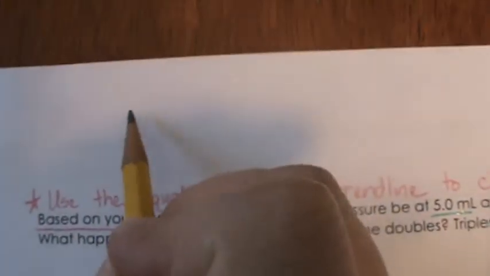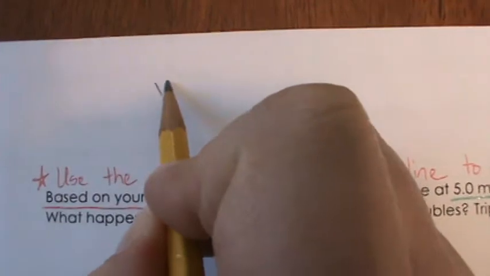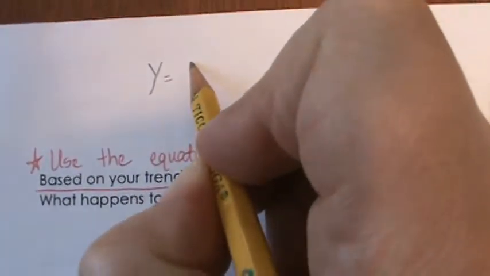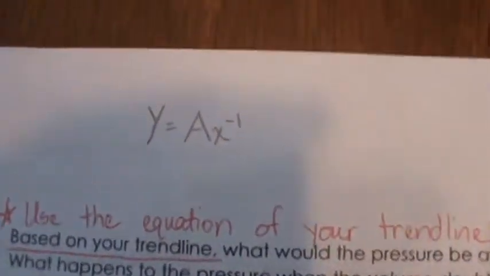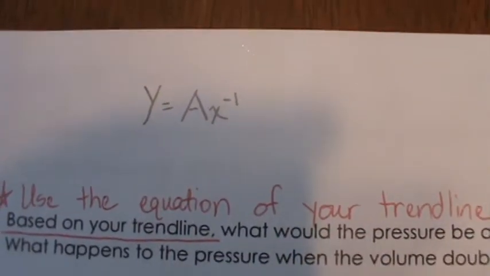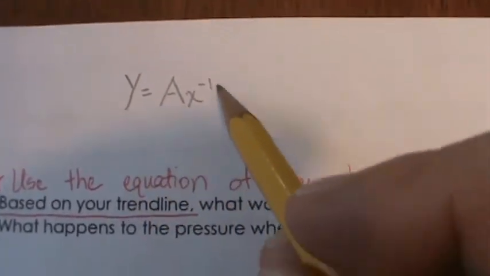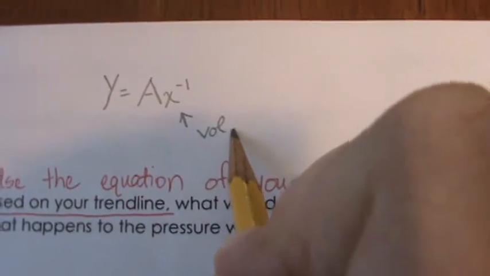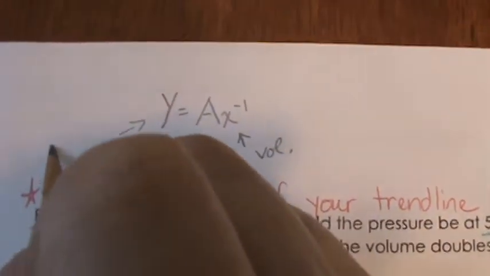What we're going to see now is going to be something along the lines of y equals, and it might look like this, ax to the negative 1. Okay, and it's going to be in a form something like this, where x is volume and y is pressure,